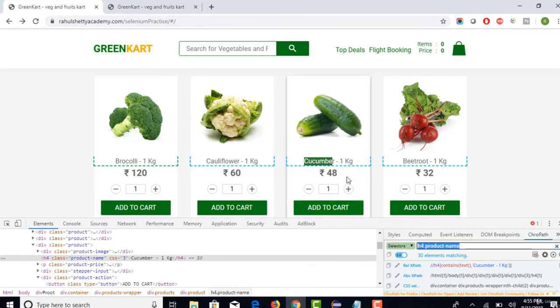You can hard code it with the Add to Cart text XPath of the third index, but tomorrow when you add more vegetables, this may not be at this index. So first of all, identify at which index cucumber is present. For that, take all the product names, iterate through them and get the index where cucumber is present. For that specific index, go and click this button. This is the approach we are going to take to solve this problem.